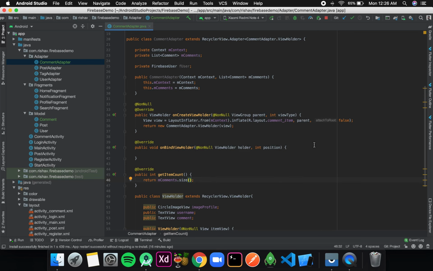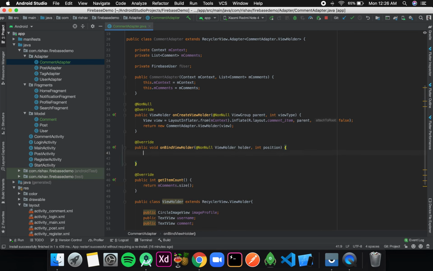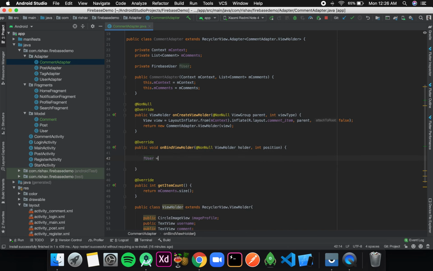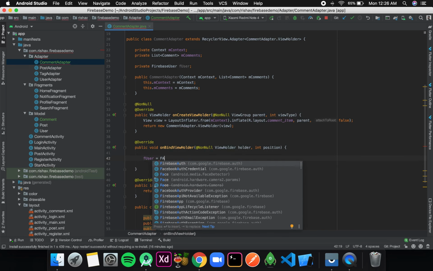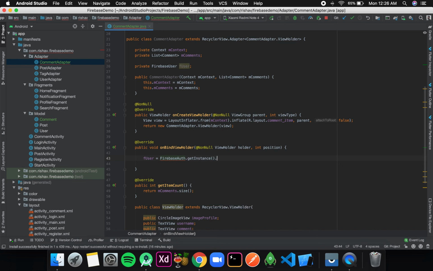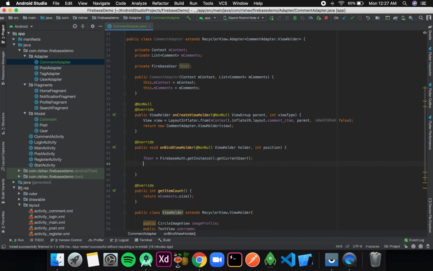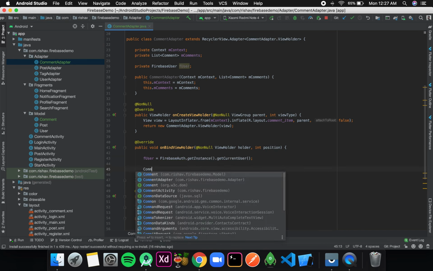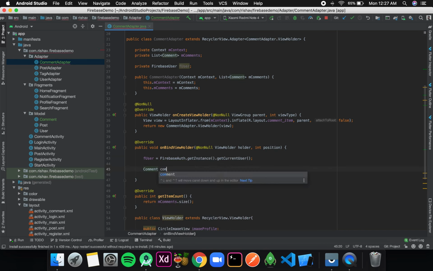Now in my on bind view holder, first of all I'll initialize my Firebase user, and to do so I'll write FirebaseAuth.getInstance.getCurrentUser. And then after that I'll create a comment variable, and that will be mComments.get position, which is this position over here.